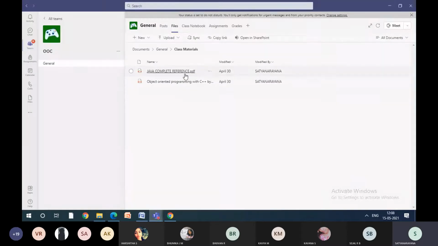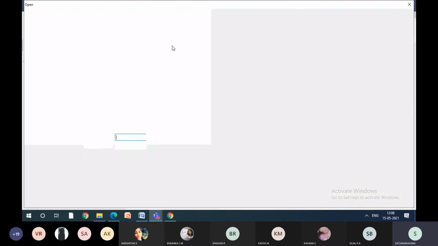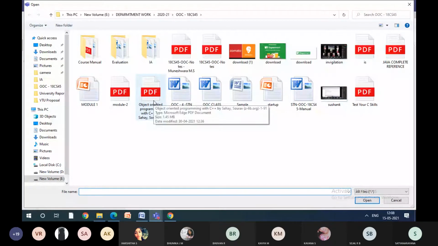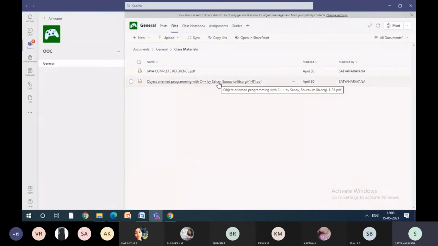Yeah, you can see here the Java Complete Reference is there. This one, what I did is take the Sourav Sahai textbook. Only the first few topics I copied. What I will do is I'll also upload the full textbooks so that you can have them for reference. Again I'll forget, so now only I'll upload and then go for the class. So Sourav Sahai, yeah. How much size is this? 1.45 MB. What is the size of this document? And whether I'll get it.